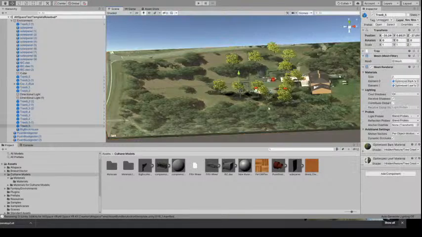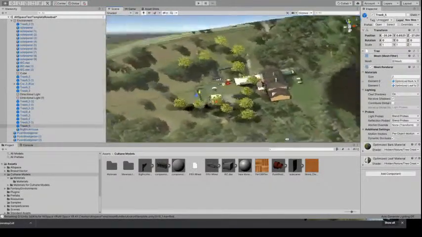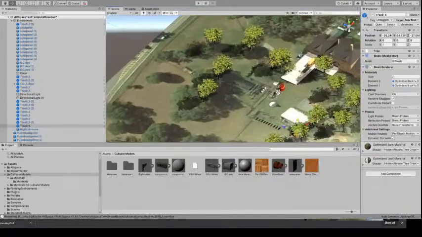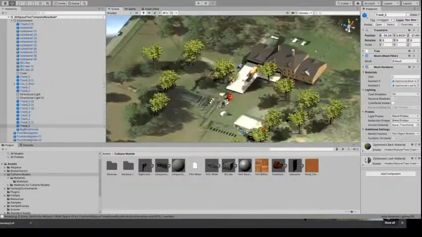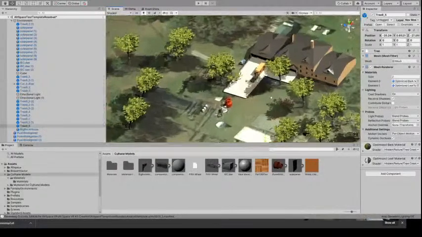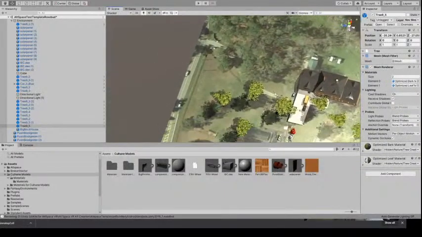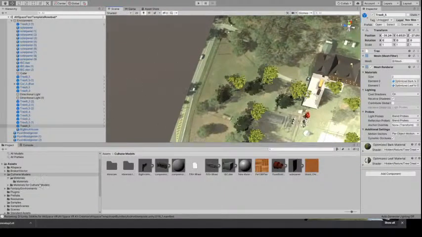Then I just started populating it with objects that I'm getting either from the Unity Asset Store or from Blender or from a 3D warehouse like this. This house here is from SketchUp's 3D warehouse, and you start putting things in. So if I wanted to put another car, for example,